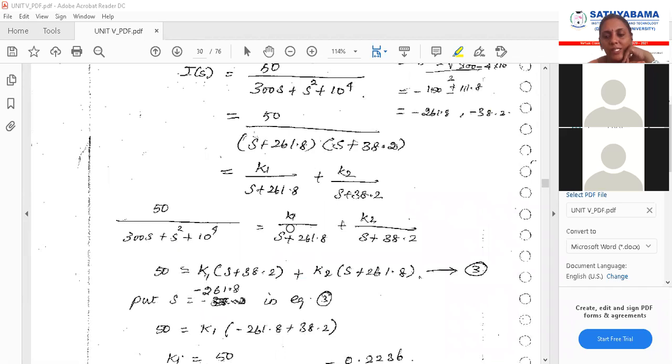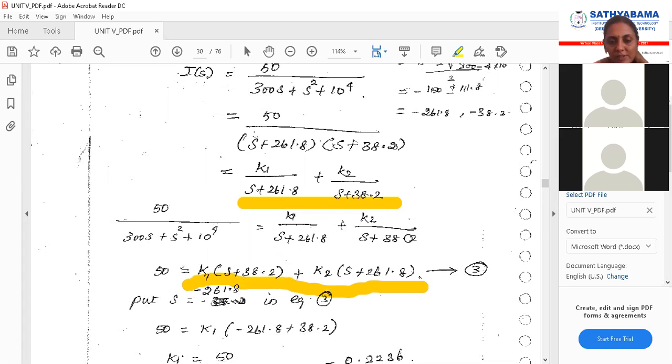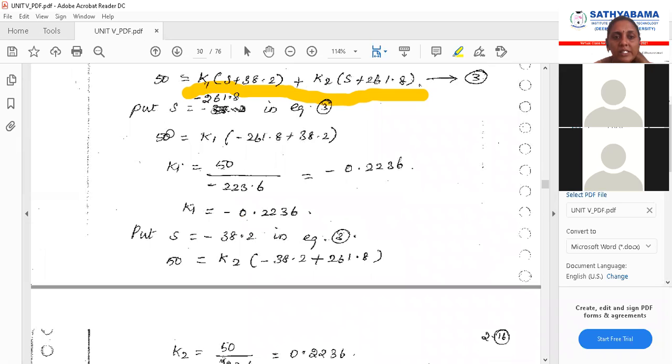So you will have two expressions, two constants we are taking, K1 and K2. K1 by (S + 261.8) plus K2 by (S + 38.2). Now cross multiply, apply partial fractions, find out the value for K1 and K2. So this will be 50 is equal to K1 into (S + 38.2) plus K2 into (S + 261.8). Now apply values for S,